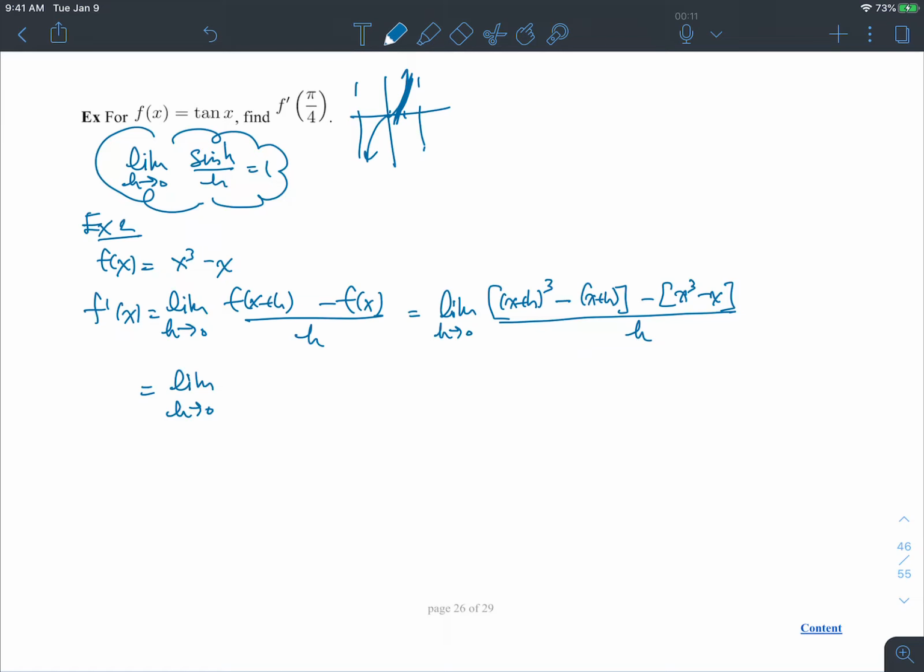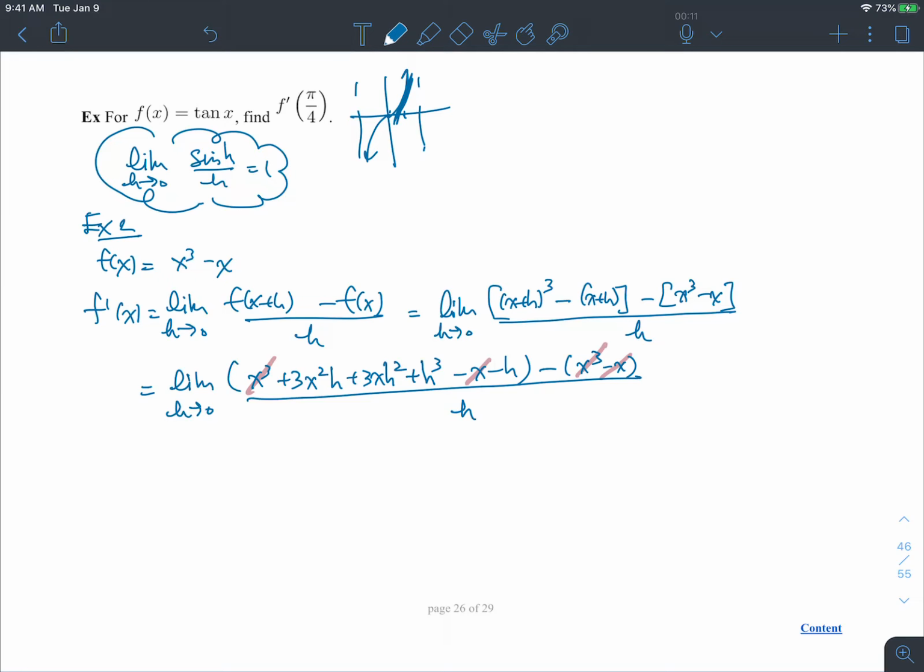All right, so this right here is x cubed, 1331, remember that? 3x squared h plus 3x h squared plus h cubed minus x minus h, whole thing minus x cubed minus h, everything over h. And we cancel out the h cubed, cancel out the x, and you will notice that everything here